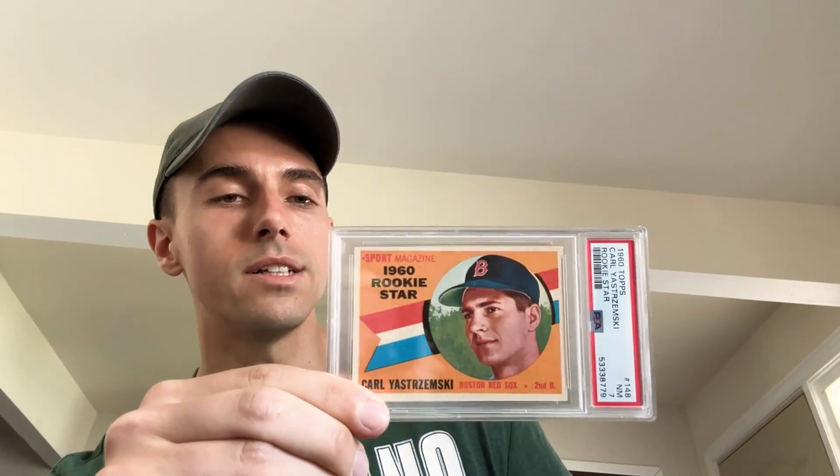Rookie card, not rookie card. There's a lot of debate in regards to this. I consider this his rookie card. A lot of people don't think it is his rookie card because he didn't play until 1961. So I could see that. So I'll leave the debate up for everyone, but this is my favorite horizontal card, and I'll give you the